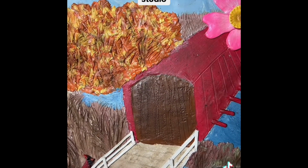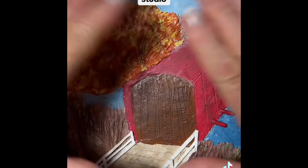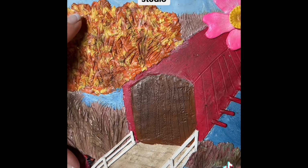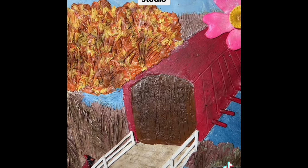So this is something that I will bake once I'm mostly done with it, and then I will put this whole thing probably on another base of either polymer or epoxy sculpt clay, probably epoxy sculpt, and then it will be on an 8x8 board like the other assemblage is, with a wire hanging, and I will probably paint the board some color and have that be attached. This will be attached to the 8x8 board that goes around that. I'll show you another assemblage